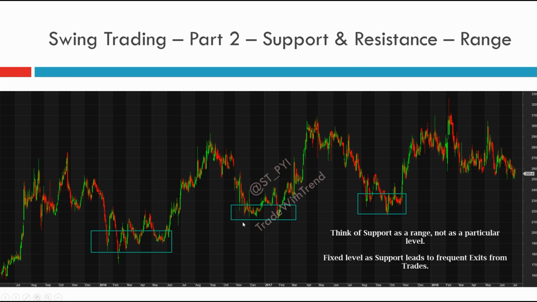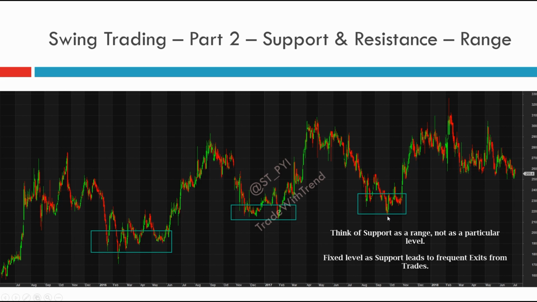Same goes for this segment, that is November 2016 to March 2017. Again, the same thing has repeated, that price has consolidated in a range, taken proper support. Mind you, in February, this lower low was breached. So obviously it would look like this support level being breached. But again, if you look at this level as a range, and if you analyze price here, then this would have been a valid support range, and you can manage your trade better based on a well-defined range. Again, this repeats here.